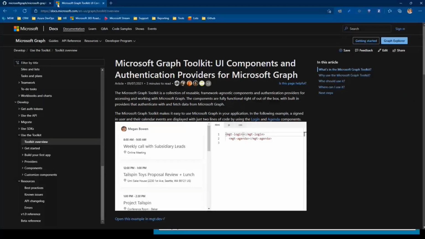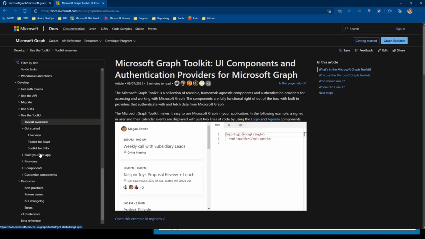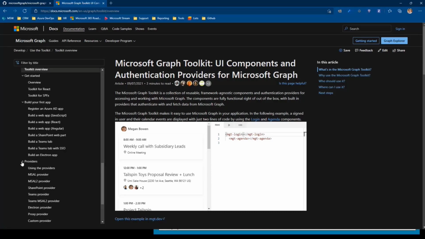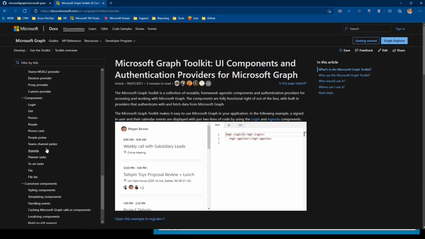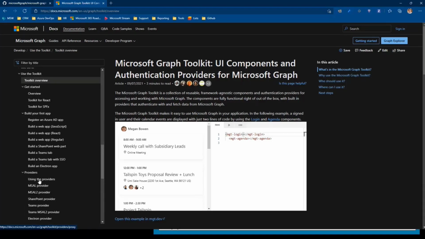That's where you're going to know how to use the components, what the different attributes are, what the different events are, how you want to do advanced styling, customizing, templating, all of this. You're going to have all of this, like how to get started with Toolkit for React and Toolkit for SPFx, build your first app, the different providers we have, all the components, and how you can customize these. We're going to go through a lot of this documentation in the next few weeks, but I wanted to at least mention the